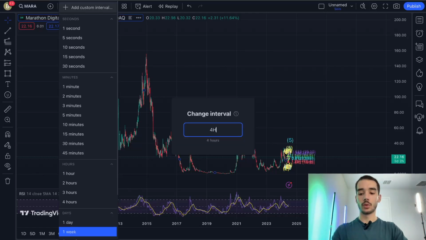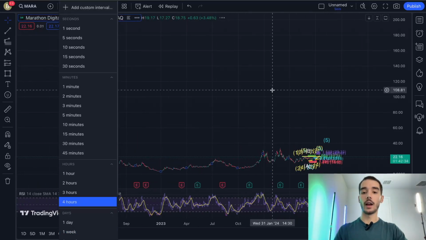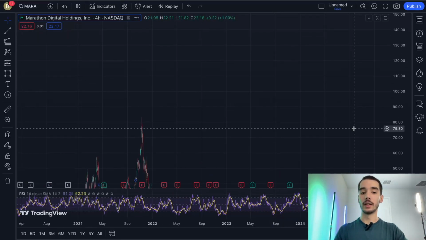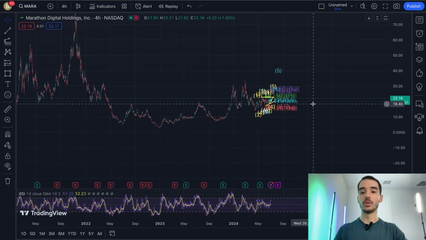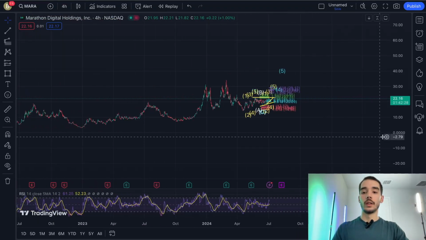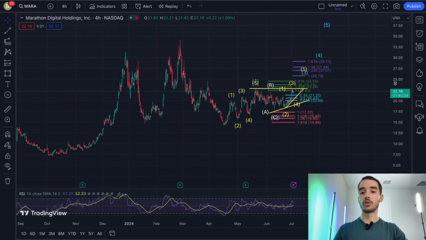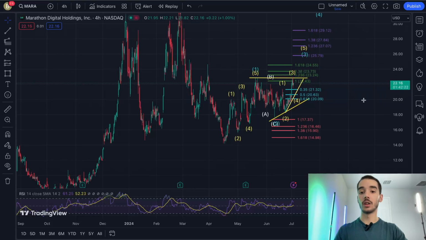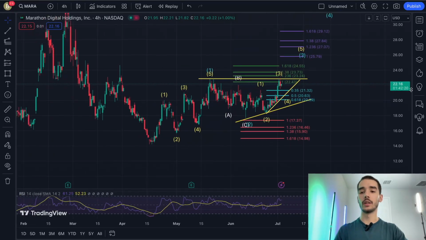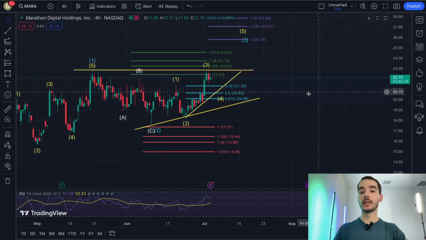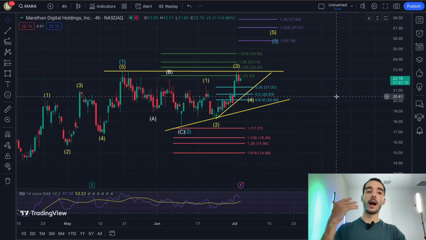I'm not trying to call anyone out. I'm just saying that I don't think it's a good idea. I think it's a little silly to place your Marathon Digital Holdings trades specifically on Bitcoin's price action. That's not how I do things. Every single asset, if it has its own separate chart, it has its own separate information.